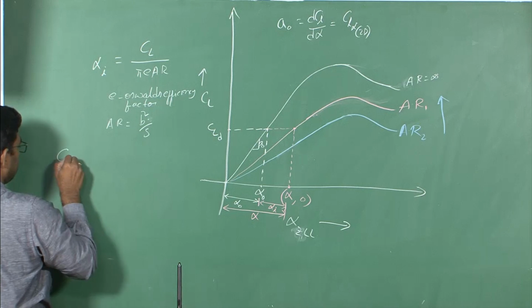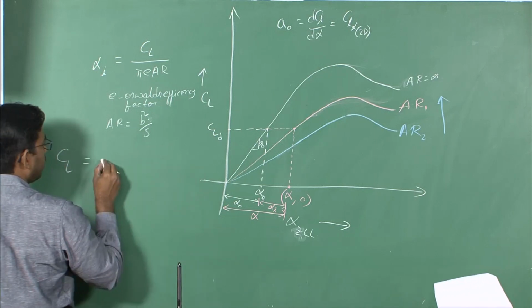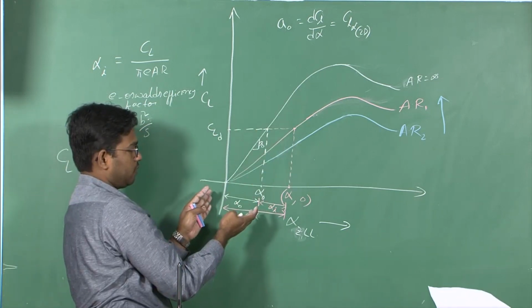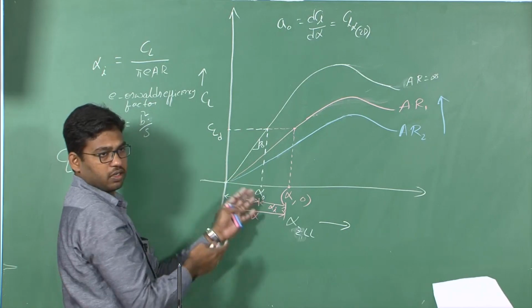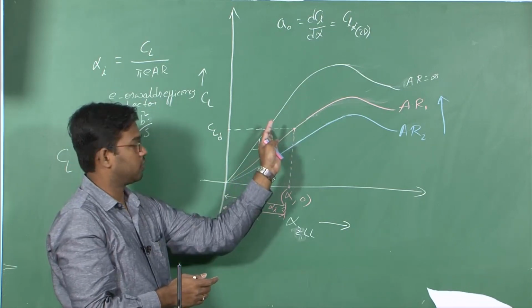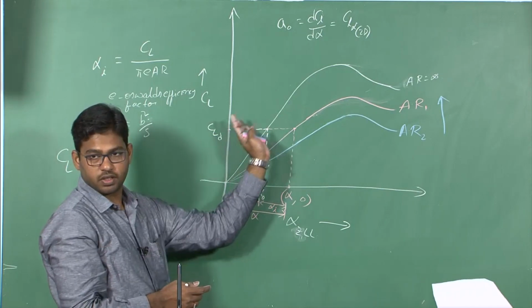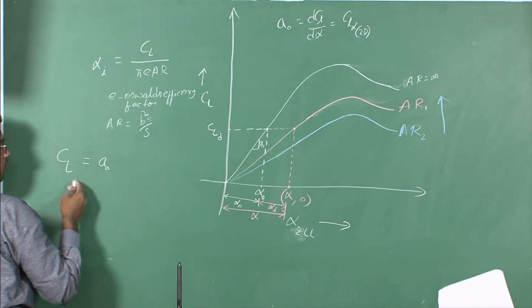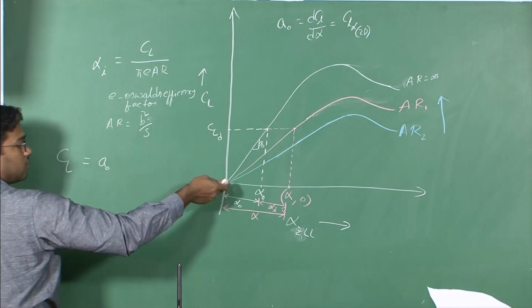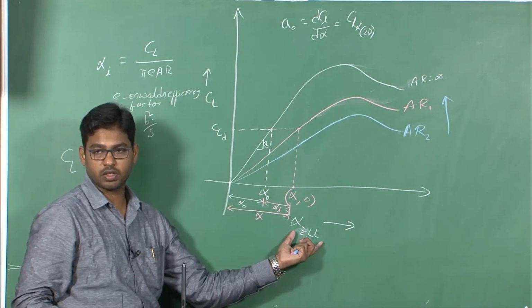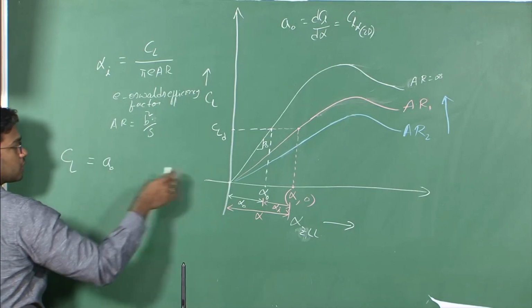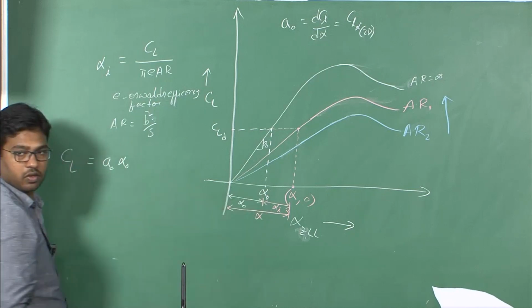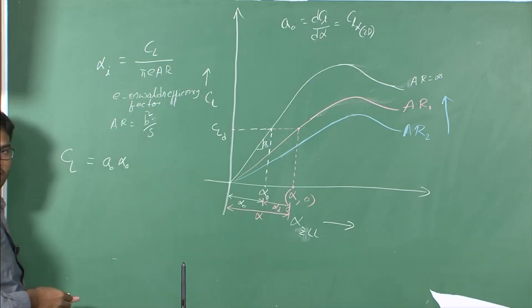Now the CL design, or the CL you can achieve by the aerofoil: since it's a straight line, we can assume this is in the linear domain of angle of attack, or the variation of CL with angle of attack is linear up to this, whatever CL we have considered is in the linear domain, okay. So from the straight line equation y is equal to mx plus c, CL is equal to, c is 0 here, the y intercept, since we are defining this angle of attack with respect to the zero lift line. So CL is A naught, the slope of this curve, times the corresponding x, alpha naught here. So this is achieved by the aerofoil, right?